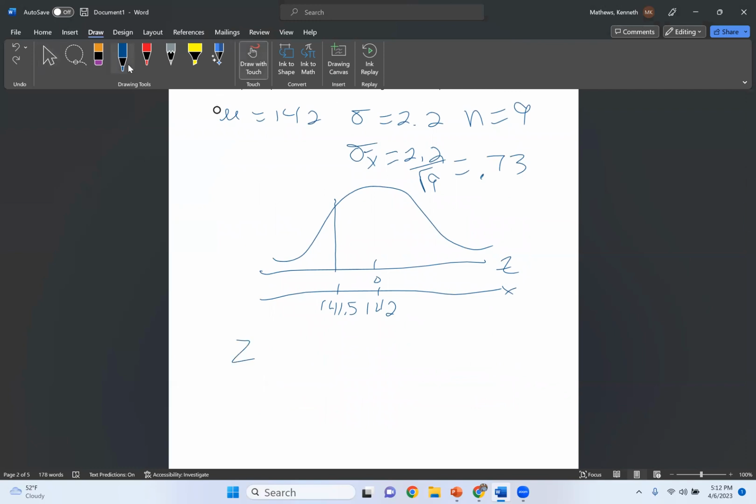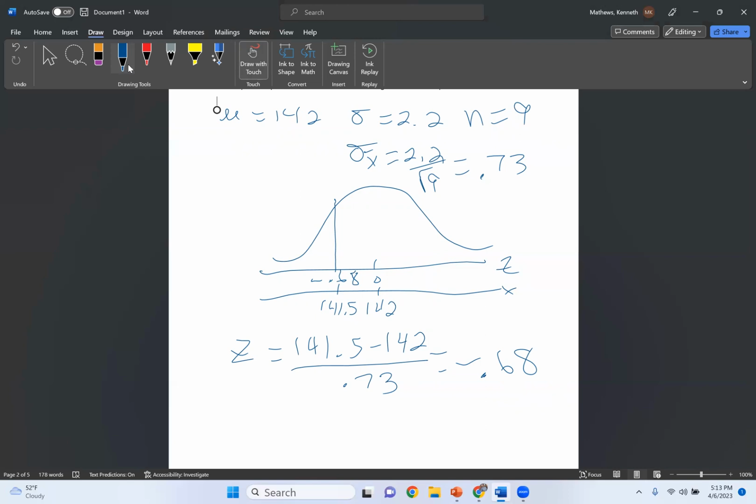So let's determine our z-score. Z is going to equal 141.5 minus 142 all over 0.73, because we have to adjust the standard deviation to make it the standard deviation of the sample mean. All right, so that's 141.5 minus 142 divided by 0.73. I'm doing it on my calculator. Negative 0.68. Okay, now that's right here. Negative